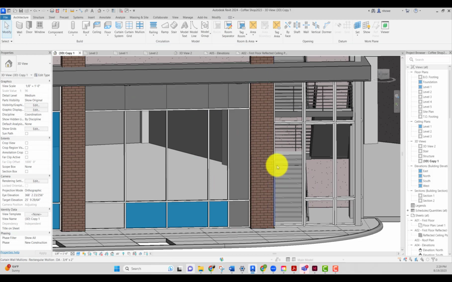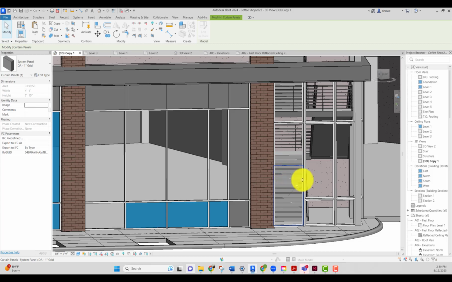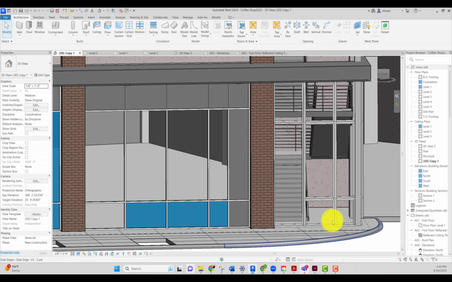And then I'm going to click inside of this until I get to that tab. Okay. Well, before I do that, let's insert a